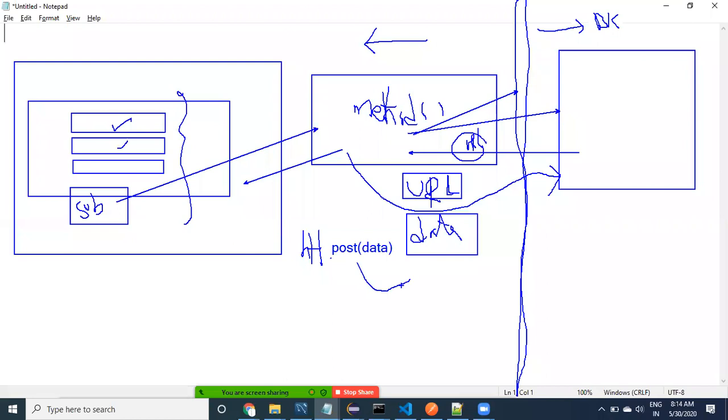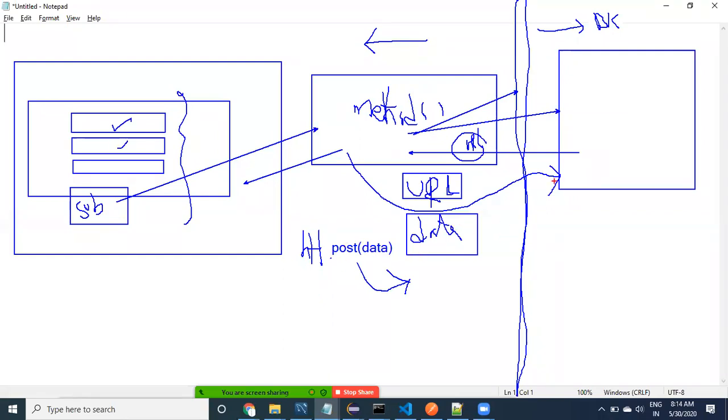This is going to be something like this: http.post with the data. Whatever data is here is going to be saved into the backend. This is going to be called a REST service.